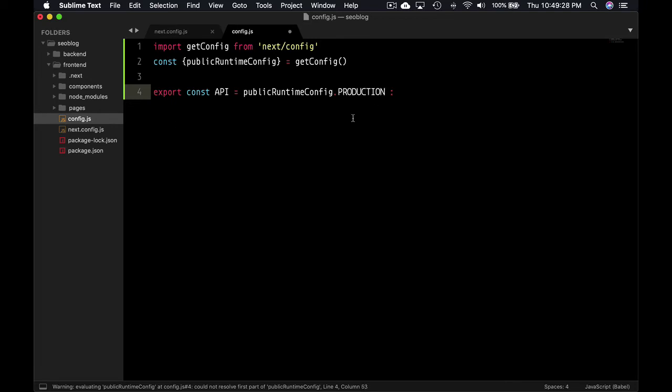Okay, so we check using this ternary operator. So if the production environment is true, then we can use the production URL, or we can use the localhost. So if it is production, we don't have any domain name at the moment, so let's just write